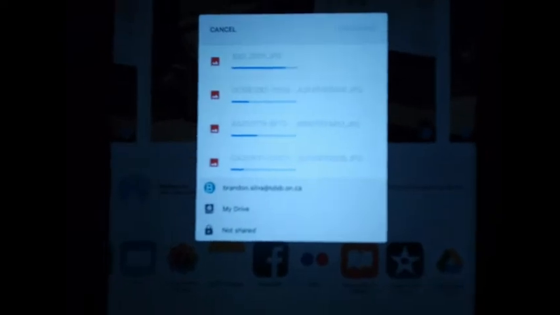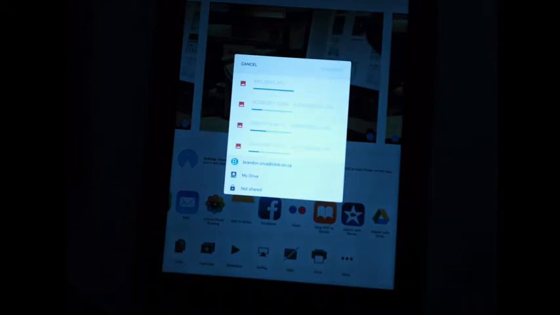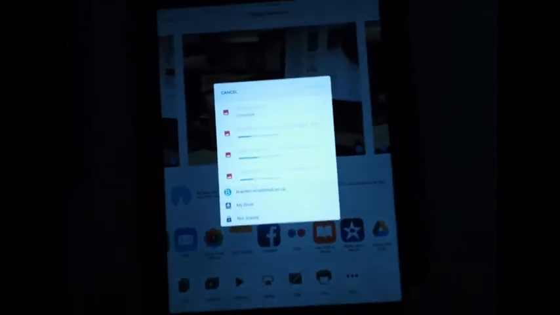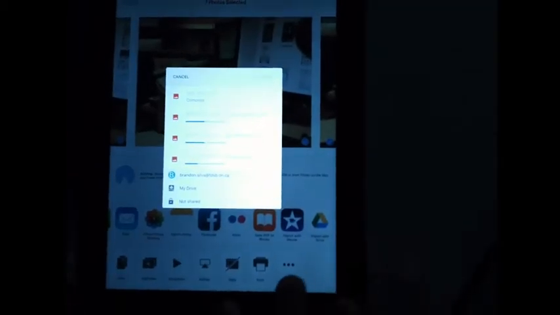Because in order to put these things in AirWatch, we're going to have to wipe this iPad. Well, I'm not really worried about losing these photos, so I don't have to wait for them to upload, but I imagine you would want to wait for all those loading bars to finish here. But that's the idea, is that before you wipe your iPads, if you have anything that you do want on them, please upload them to Google Drive before you wipe it.